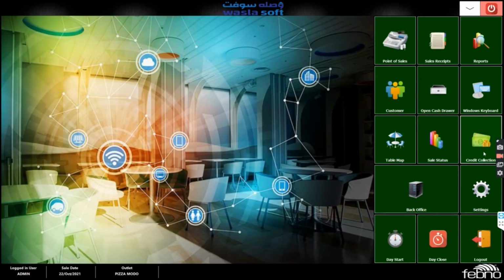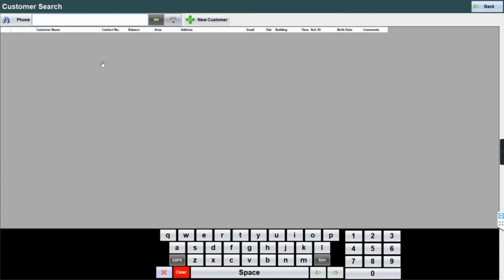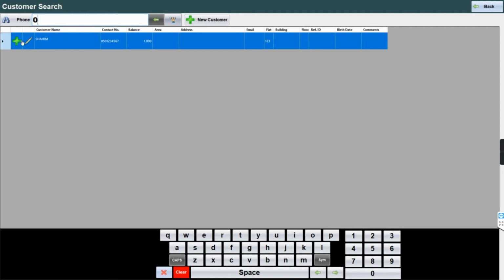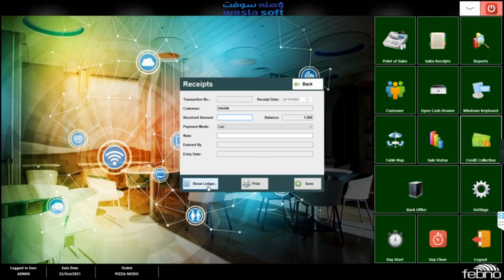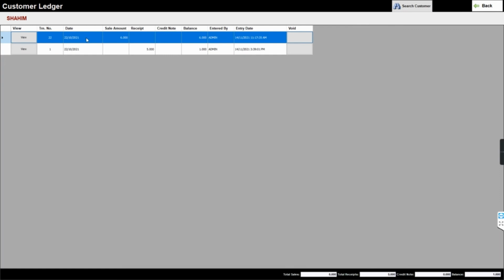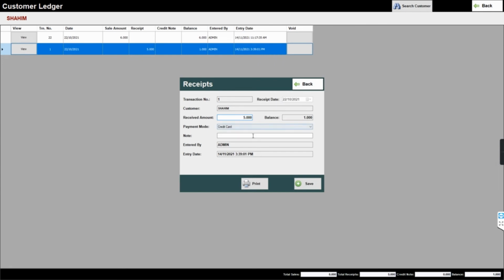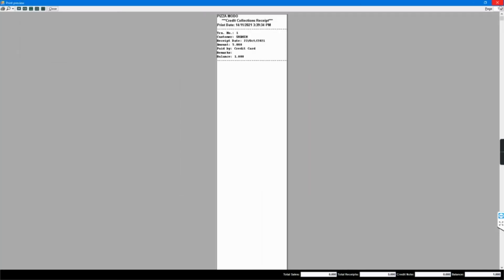And now when you go to credit collection and select that customer and see his ledger, you can see at one time there is a sale, and another time there is a receipt, and in the end the balance is 1 real. You can modify if you want. You can also print it again.